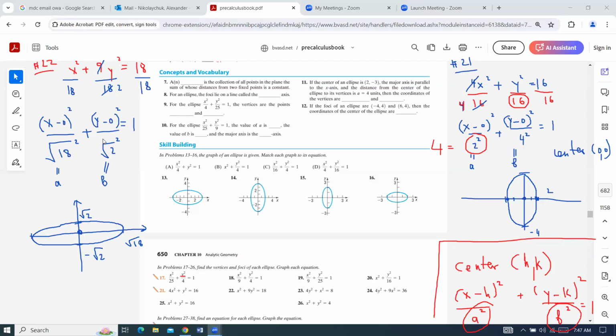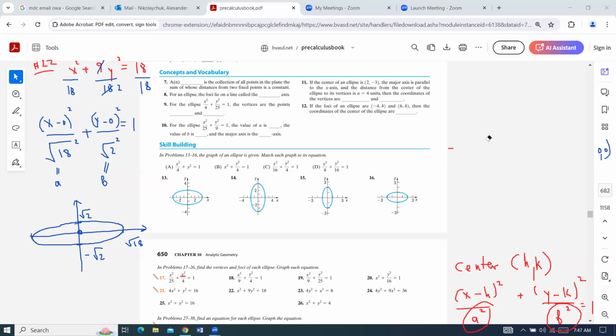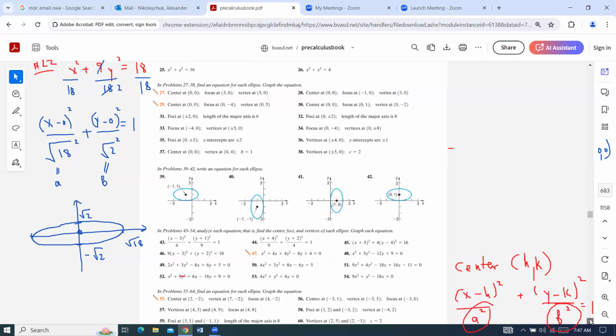So we can actually take a look at the next group of exercises where we're not going to have such a nice looking equation with just a clean x and y squared, but there'll be some other numbers involved. So in the next group of problems, we'll have ellipses that actually don't have the center at the point 0, 0. So I can try to do exercise like number 43 with,